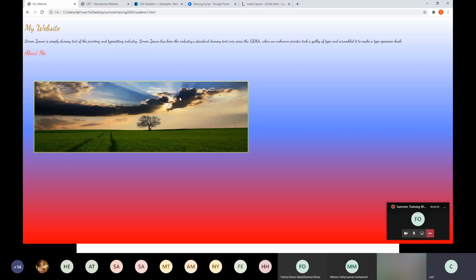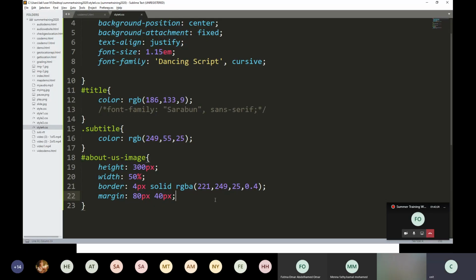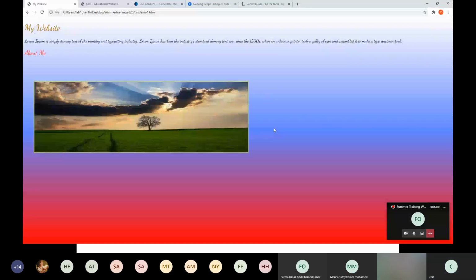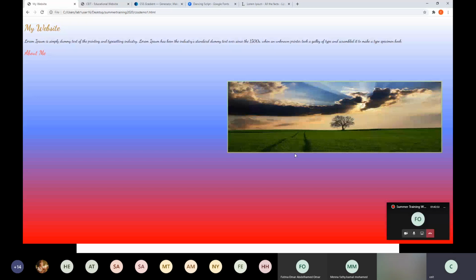Now this image I want in the right side. By default it is in the left side. I want it in the right side. Then what do I have to do? You might think that we can use align. But for this, we will not use align. Align is only used for the text. Here, I can use float. Float means where you want to see this in your page. I want it in right. Then float right. Okay, it comes in right side.